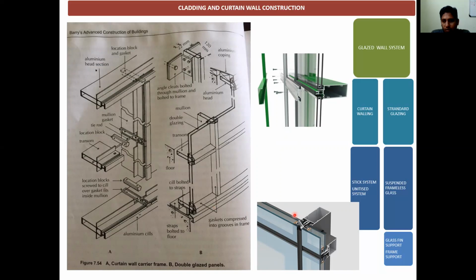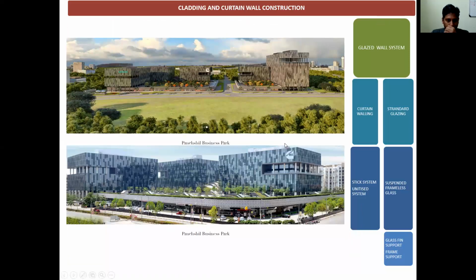And yes, how to create a structure externally with frameless glass, how this stick system, this vertical support and this horizontal support will be part of the elevation, is all dependent upon creativity and the output you are seeking. So this is for glazing and glazing wall systems. Anything else you want to know about, you can contact me.